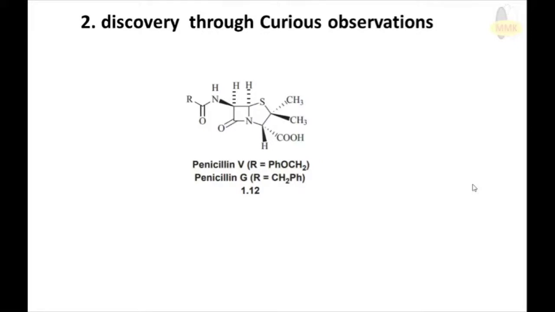Okay, Alexander Fleming, while studying microbial cultures, one of the gram-positive bacteria, Staphylococcus aureus culture, when he was growing it, he found that the growth was contaminated with a fungus. And his curious observation is like, whenever we see in a microbiology laboratory, whenever you face any difficulty in maintenance of sterility, then your culture plates will be contaminated. Then what is the next thing we'll do? We'll simply throw it into the dustbin, or otherwise we'll sterilize it and then remove it.